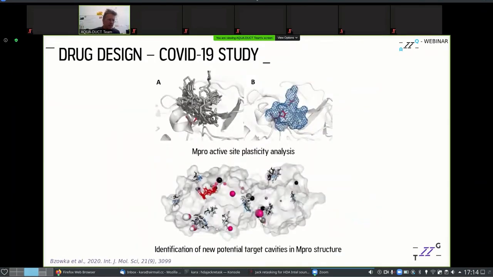And the second is a very recent study of the MPRO protein from the SARS-CoV-2 virus. This was one of the very first computational studies on this subject, and we used AQUA-DUCT for two purposes. The first one was to investigate the active site plasticity. So we found that this active site is very flexible, and it can reshape,